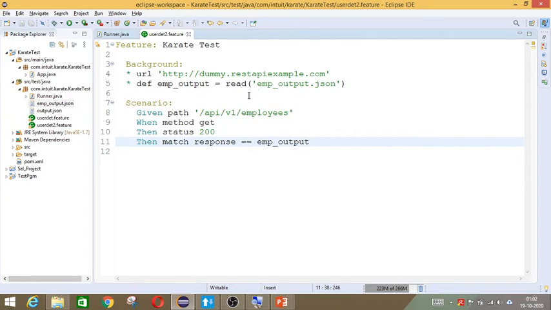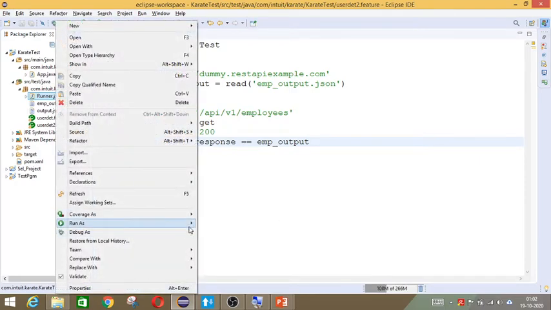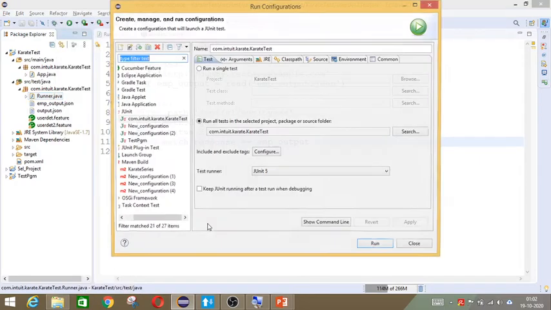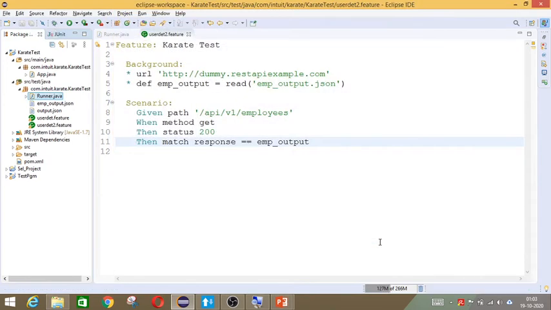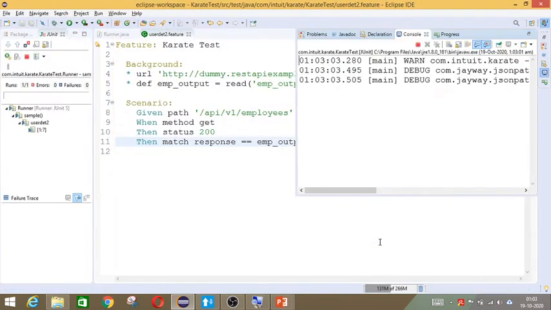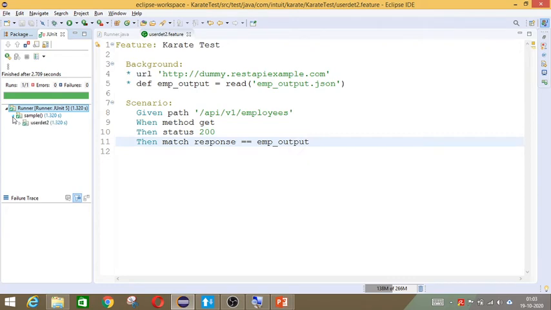Right? So emp_output is nothing but this JSON. Now we will run this and see whether it is checking all the values in your JSON. Now we are executing it, and it has successfully executed, and it says it is passed.